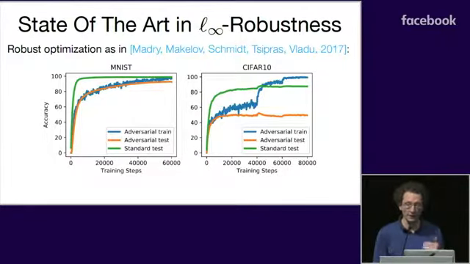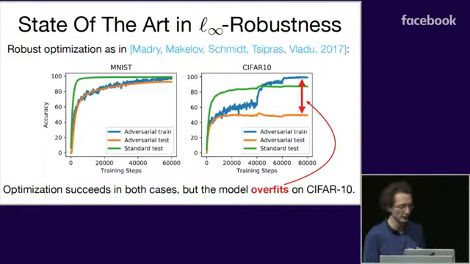In particular, we still get 100% adversarial robustness on the training set. The blue line here still goes to 100%, which tells us that optimization does succeed. So we do end up with a model that is robust on the training set, but unfortunately, this robustness does not transfer to the test set. The orange line, which is test accuracy, still sticks around below 50%. So we have about a 50% generalization gap here. This was surprising to us because it tells us there's really some amount of overfitting going on.